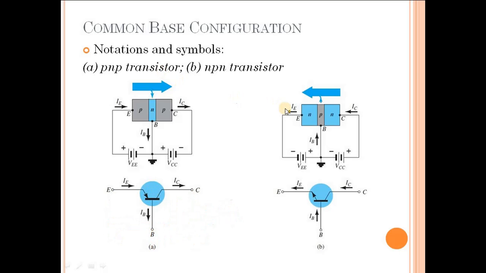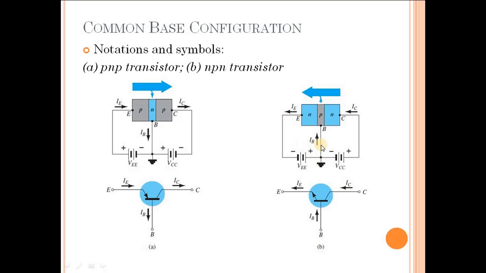Now coming on to the NPN BJT, we can do a similar analysis. We have to put the NPN in the common base configuration. So the base is common between the input loop and the output loop. The input loop comprises the emitter base PN junction along with the DC power supply VEE. The output loop comprises the base collector PN junction along with the VCC. And since it's a common base configuration, the base is common between the input side and the output side, and is connected to the reference ground.